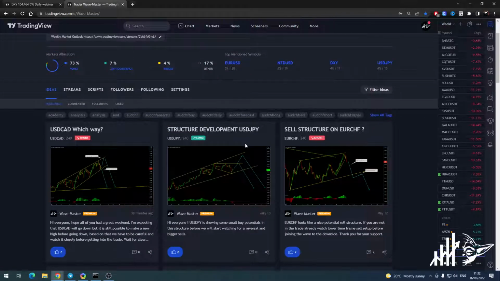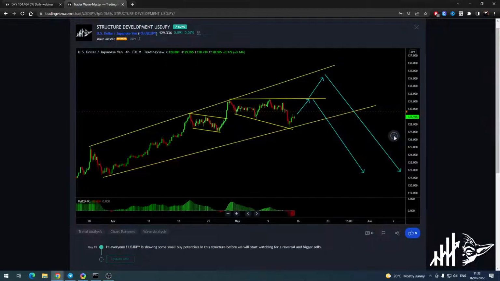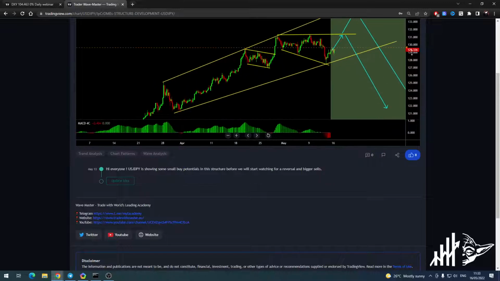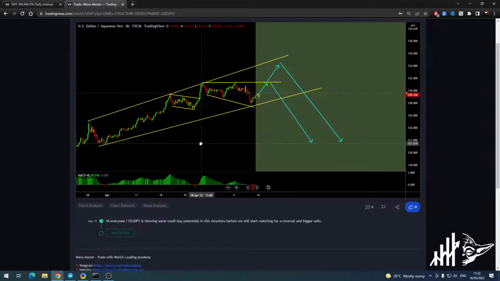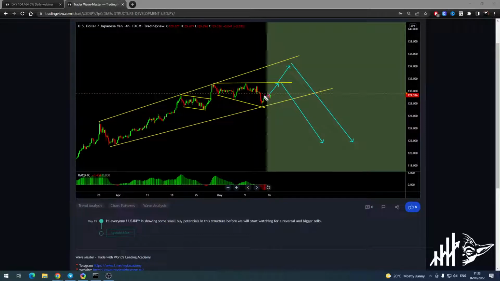And another one is USDJPY, the structure development for the USDJPY. So what are we having currently on the USDJPY? I still see that this is the structure that is developing over there, and what we have over there is a running flat. So a running flat on the lower time frame is what is currently developing. What this running flat could do is just go and push back to those tops. Tagging those tops is really possible. If the price starts to struggle and gives you any sell stops, definitely you should take it.